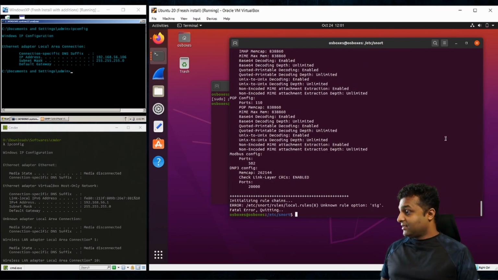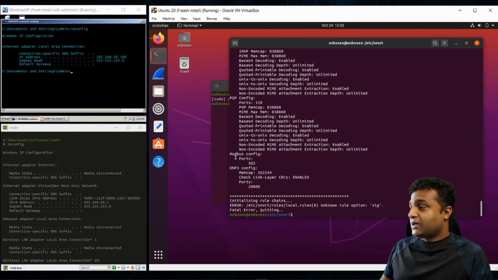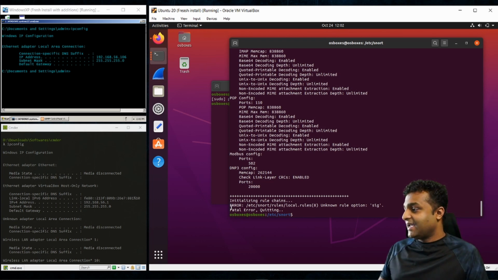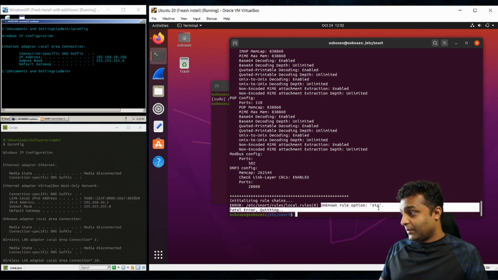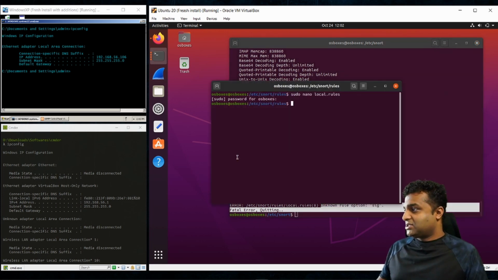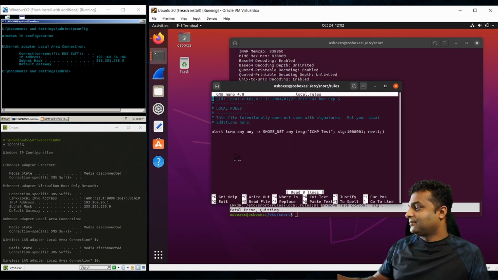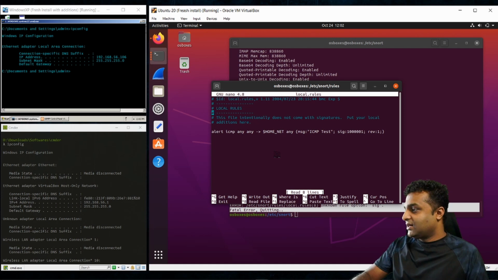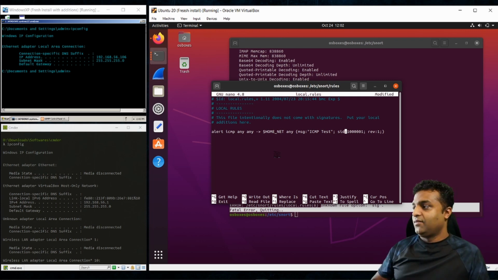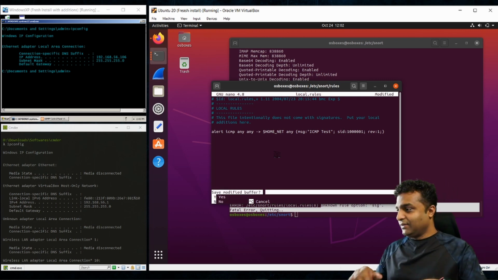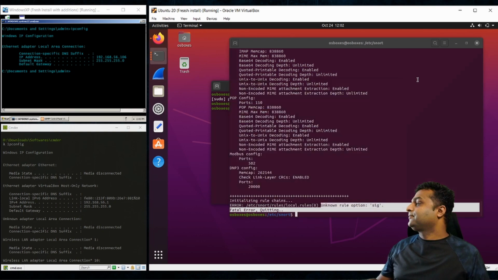Okay, so I have a small error over here, which is good actually. We can learn from this one. It says error and unknown rule option SIG. Let's check our file. Yes, actually it's not the signature, it's called SID, which is very good. Okay, so let's correct that mistake and come here and